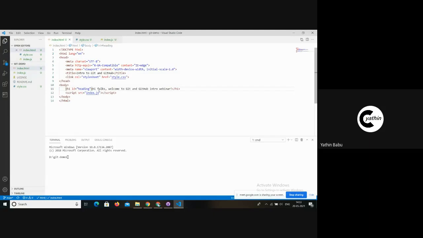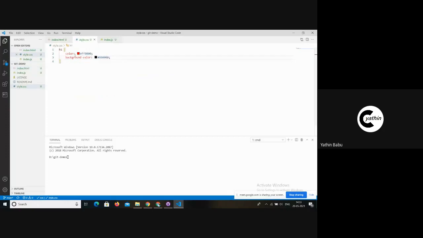So what I did is I created an h1 tag with some text, gave it a color of red and a background color of black. And here through JavaScript, I was able to make the font style italic.